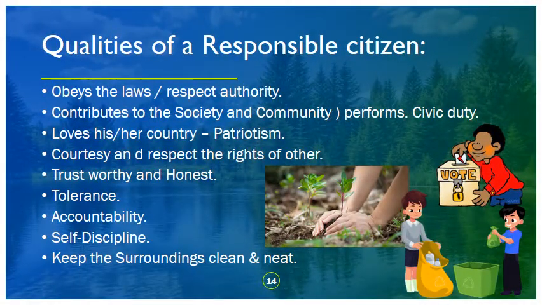Qualities of a responsible citizen. Well, a responsible citizen is one who obeys the laws and respects authority,